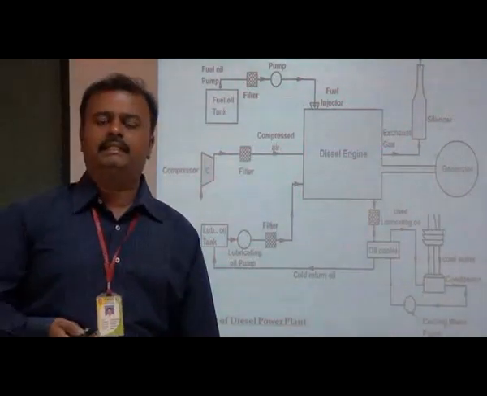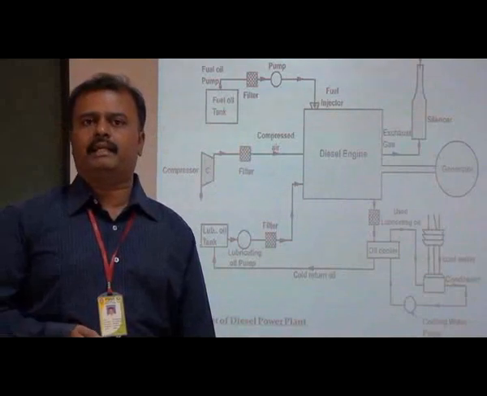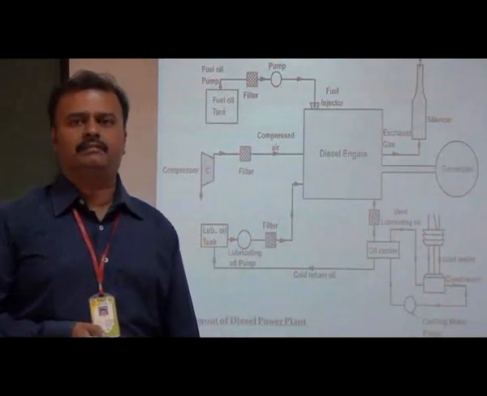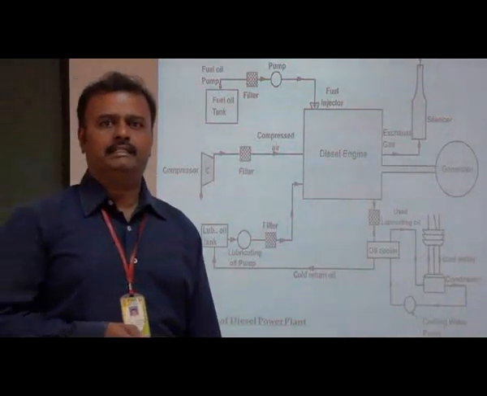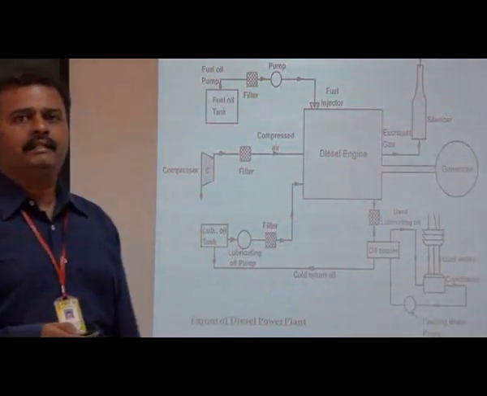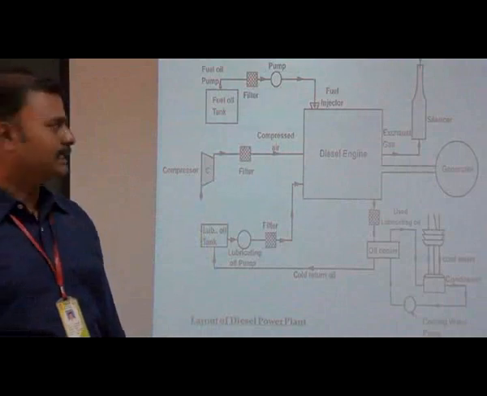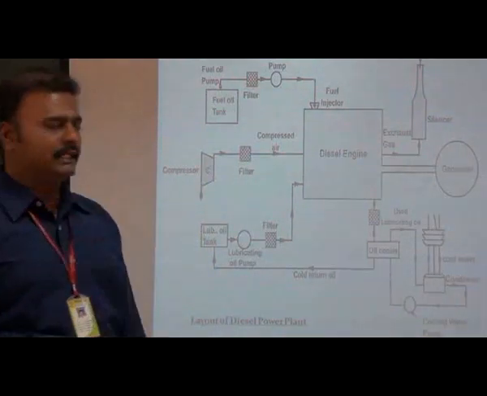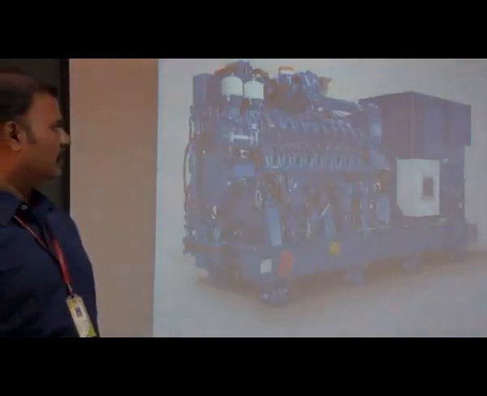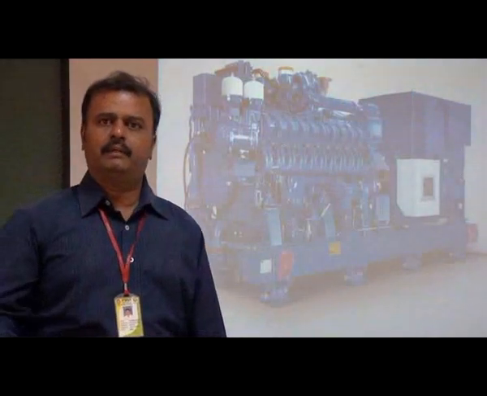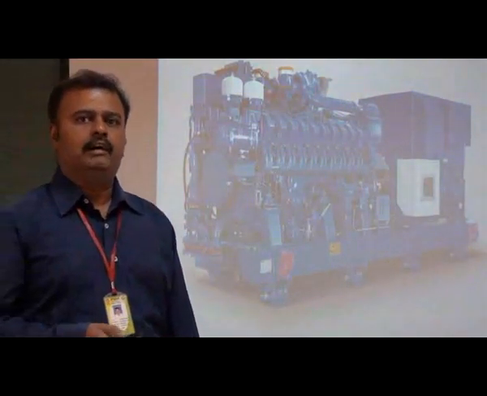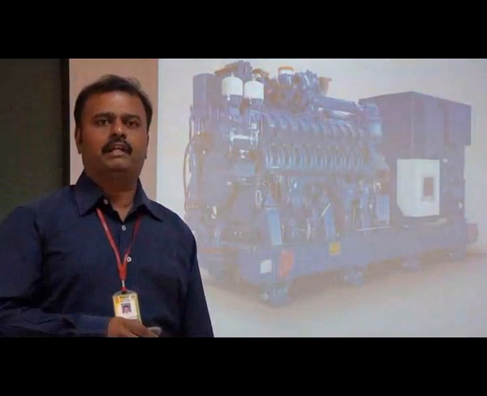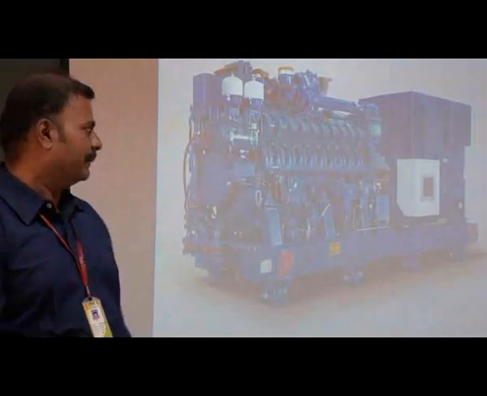So normally in the diesel engine, the chemical energy available from the combustion of the diesel is converted into mechanical energy, and this diesel engine is coupled with the generator so that electricity is produced by using the diesel engine. So this is a normal diesel generator, which is available in our hostel itself. It is the best example of a diesel power plant. This power plant is used only for very small purposes.